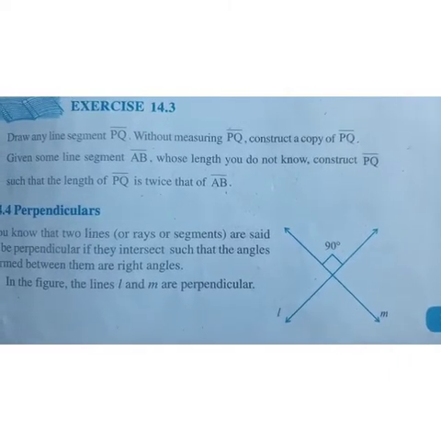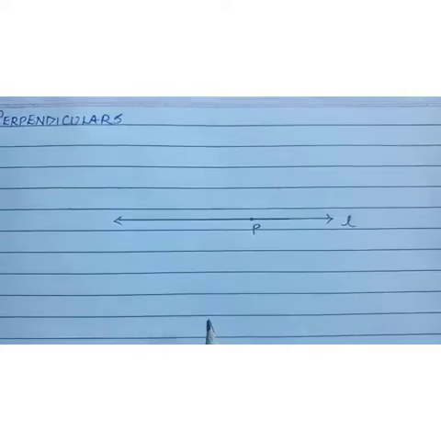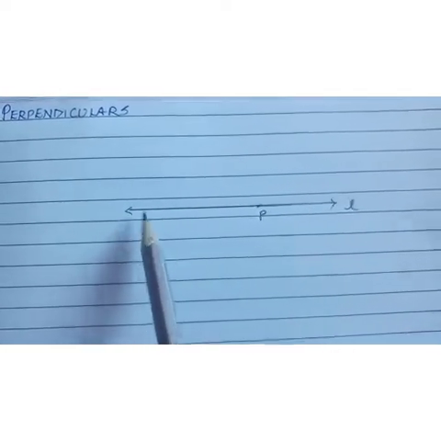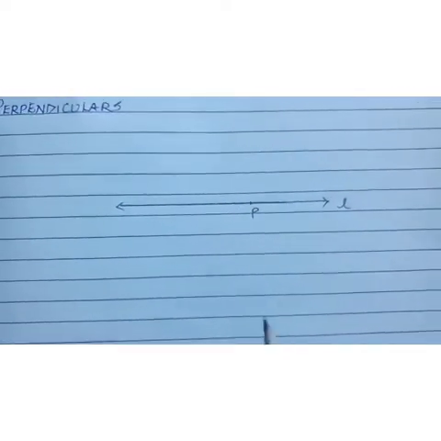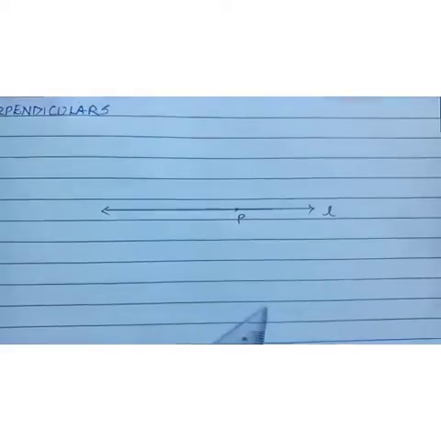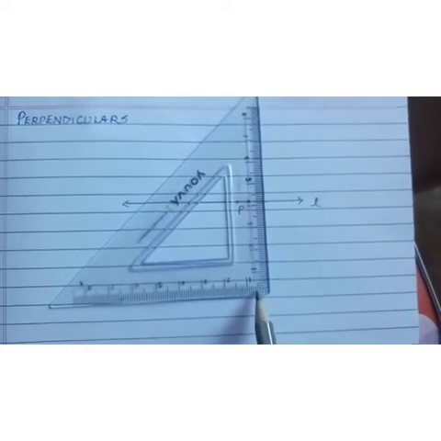So let us start. So children, the common method which we follow before learning construction, how to draw a perpendicular. So what we do, usually we draw a line, mark any point P, and if we want to draw a perpendicular at this point P, what we have to do, we used to use a set square where one angle is 90 degrees. We already know it, isn't it?